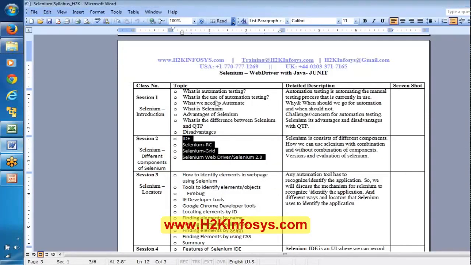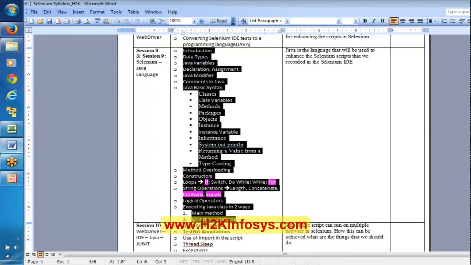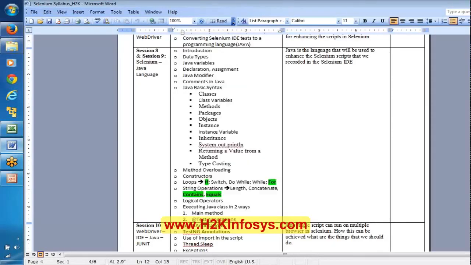Yep. When you look at this, if you have session 1, session 2, don't consider that session 1 means it has to be completed in only one class. It's just how I listed it. There will be some topics which are going to take more than one session. For example, this may take 2 sessions. If you scroll down to Java, I just mentioned 2 sessions, but this is purely Java, and it is going to take around 4 to 5 sessions. Minimum 4 sessions.